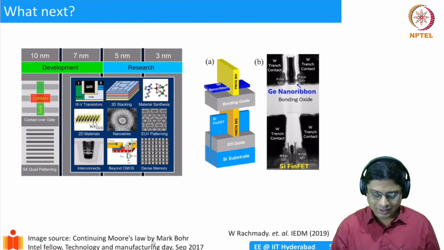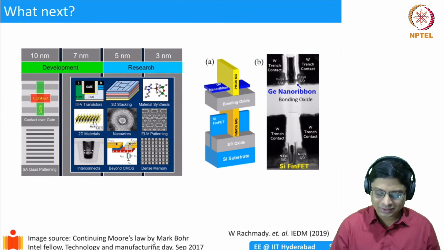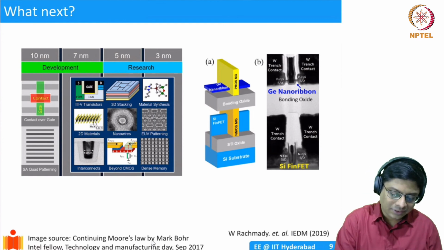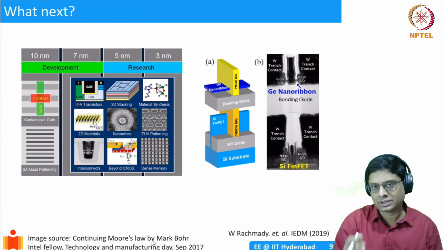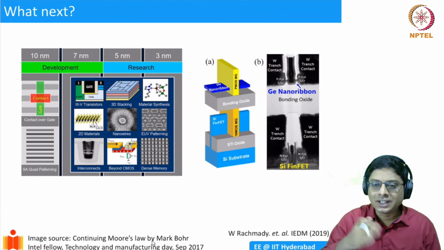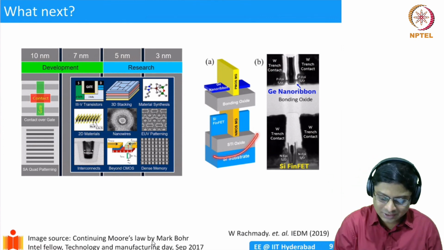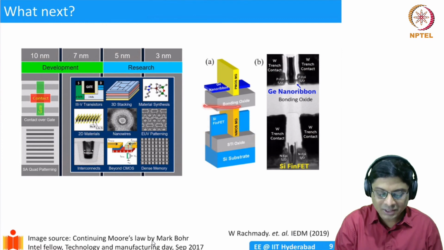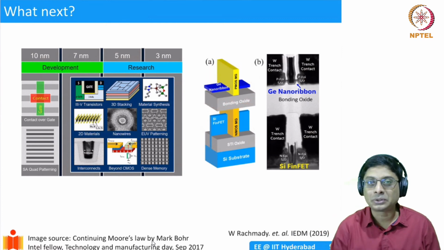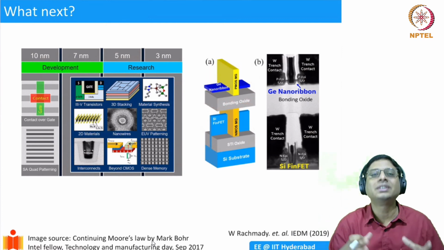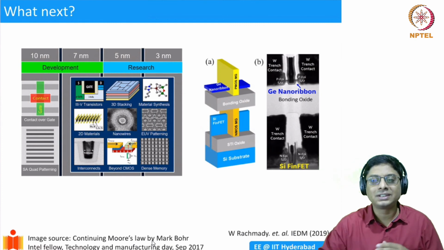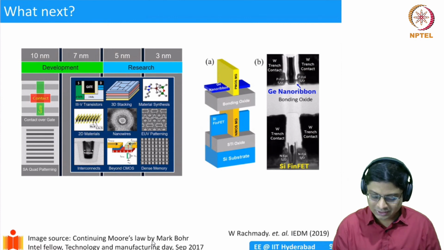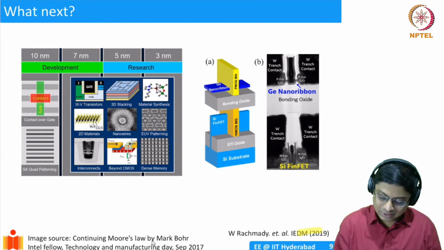And I just wanted to show you the latest. Last year, in 2019, there was a paper by Intel where they showed, we have now seen that the fin has gone up, the transistor has gone out of plane. But in addition, what they have done is an NMOS was fabricated like a FinFET, but then on top of it, you fabricate a PMOS structure. Not next to it, but on top of it. That means you are actually further compressing the transistor. This is kind of a 3D stacking of transistors, which is what was done by Intel here. They demonstrated this in 2019.